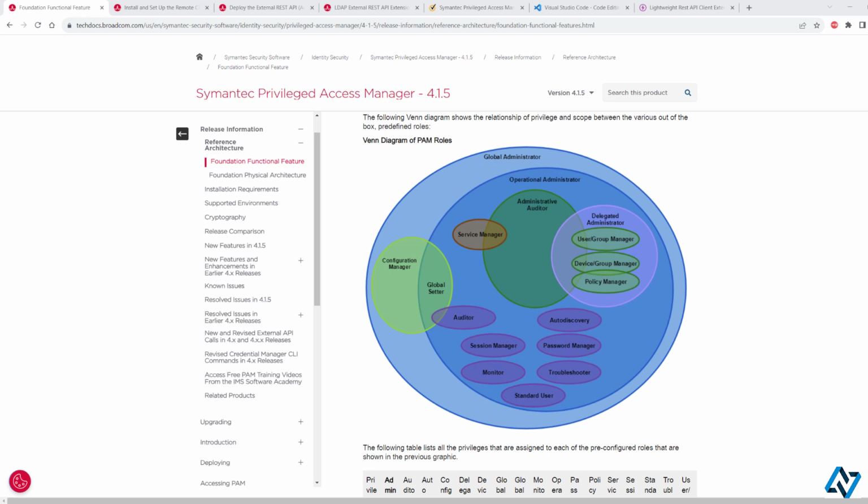Today we're going to talk about Symantec Privileged Access Management and its REST APIs, and how to manage them via third-party tools to streamline API development and incorporate it into automation tools. The Symantec Privileged Access Management, you can see here I've got displayed. I got the latest release. It is a